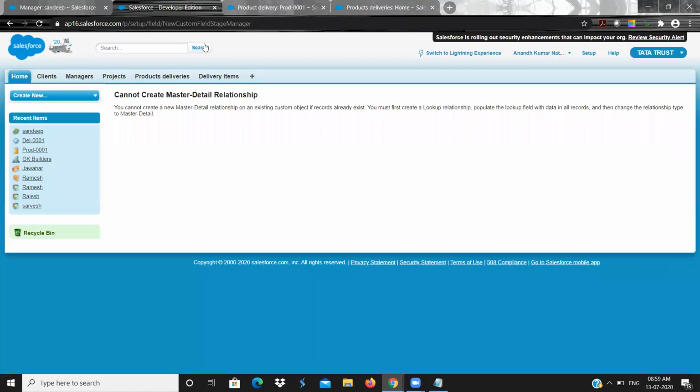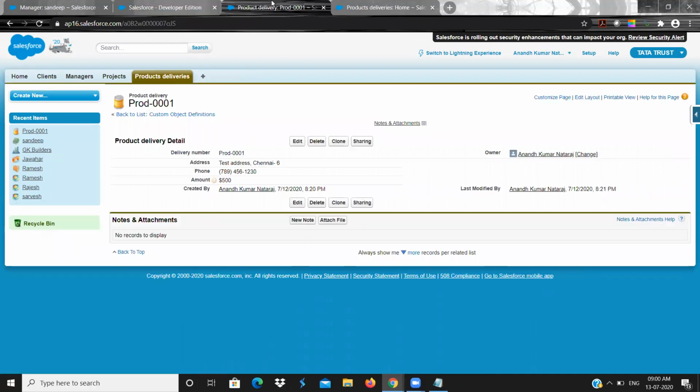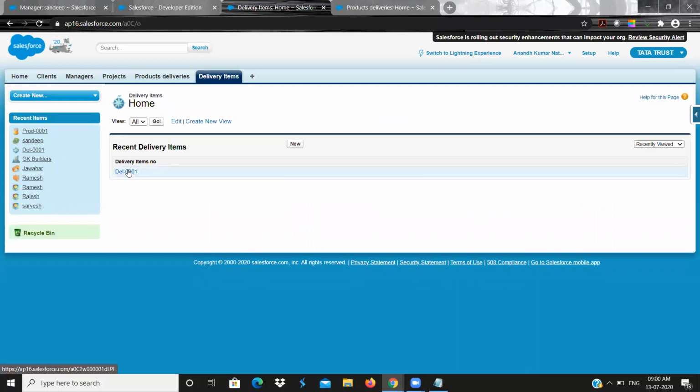When you click on save, it says you cannot create a new master detail relationship on an existing custom object if records exist. If records exist, you must create a lookup relationship, populate the lookup field with the data in all the records, and then change the relationship type to master detail. That means, here only I'm trying to create the relationship.